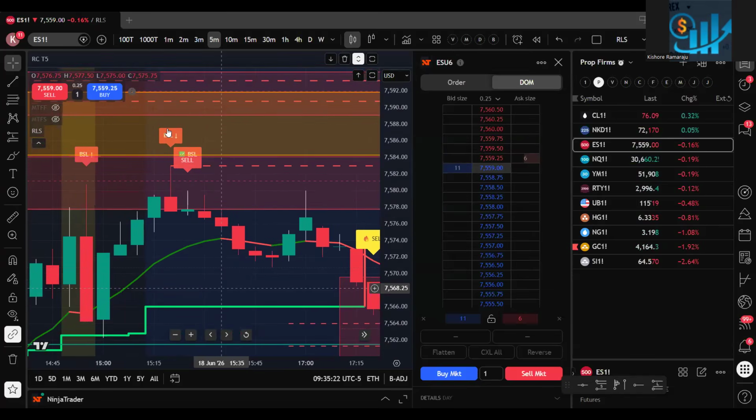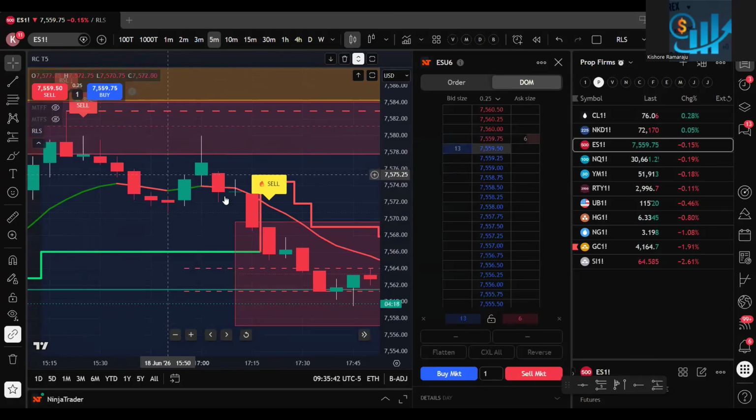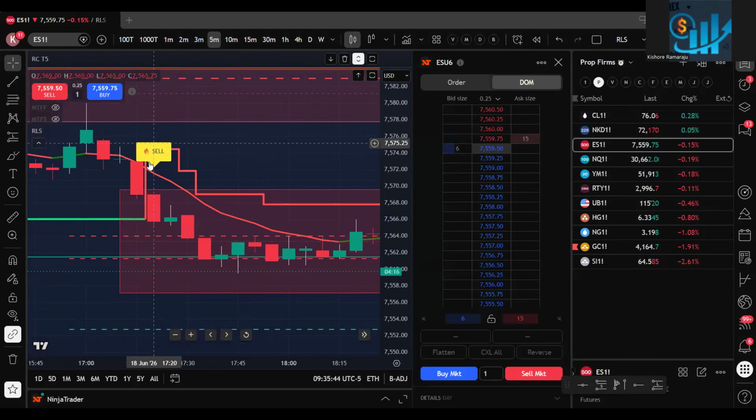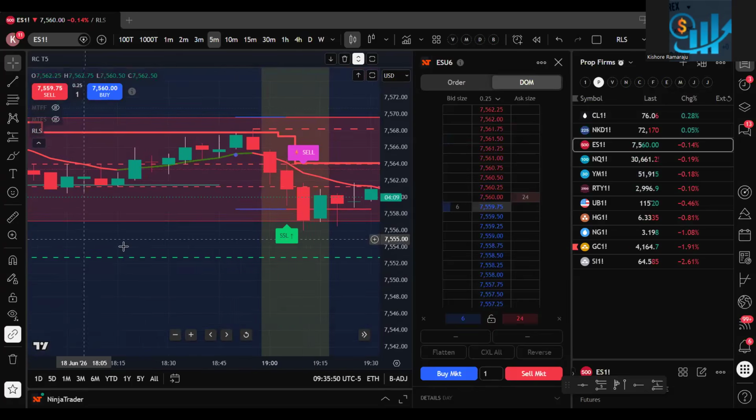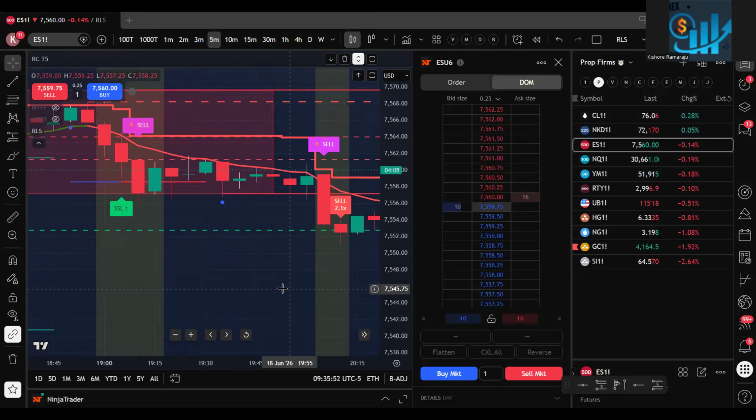Okay, you have a buy side liquidity, right? That means market makers went above the resistance, grabbed all the stop loss orders, and then you have a lower candle, right? A candle closing below this price. That is a buy side liquidity sell. So if you sell here, then there was a huge drop. So instead of selling here, now you are selling somewhere here itself, right? Much earlier. And then you would have made a huge profit on that.